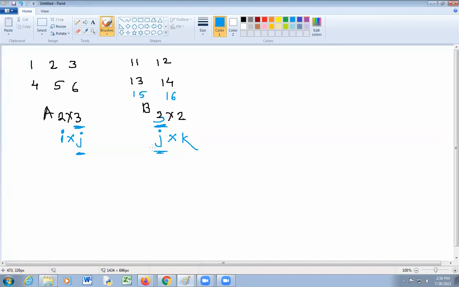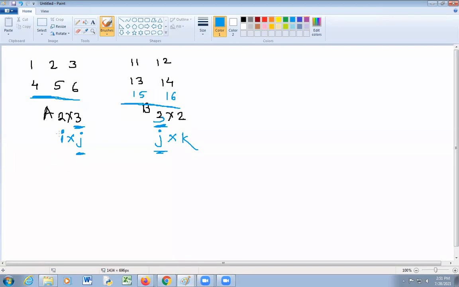Okay. So suppose you have entered numbers and written the matrices, matrix first and matrix second, like this. Suppose you want to do multiplication, then how can it be done?